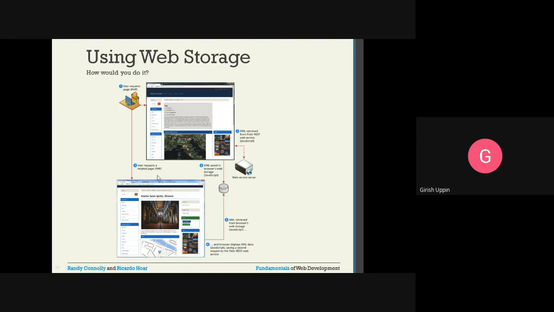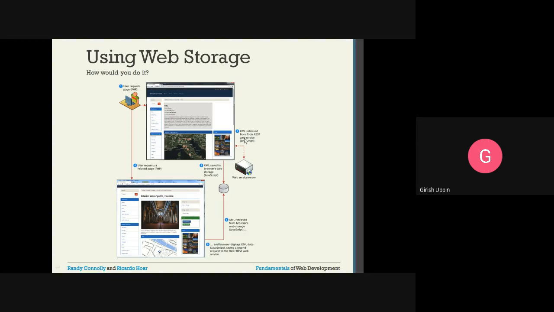Once it is stored in the web storage, the user will request a related PHP page. When he requests the related page, then we can retrieve the data from this XML. So XML is retrieved from the browser's web storage and displayed, saving a second request to the web service.